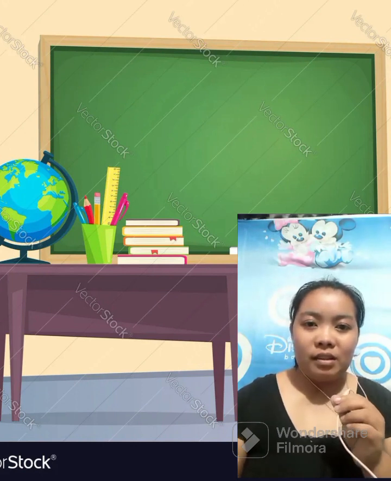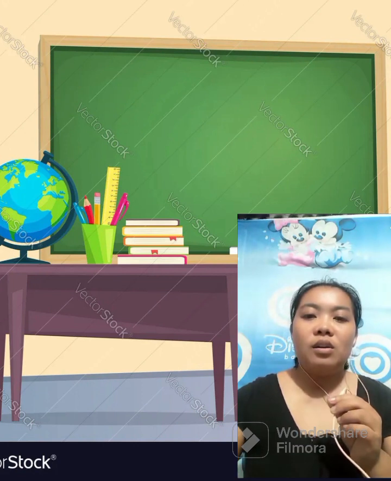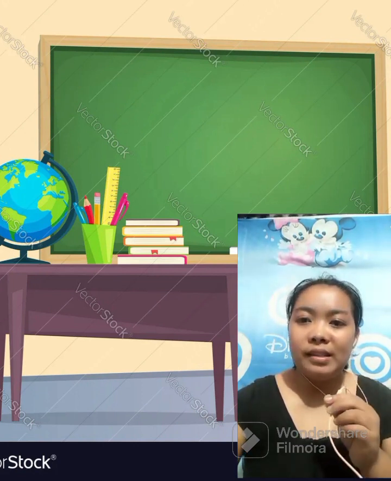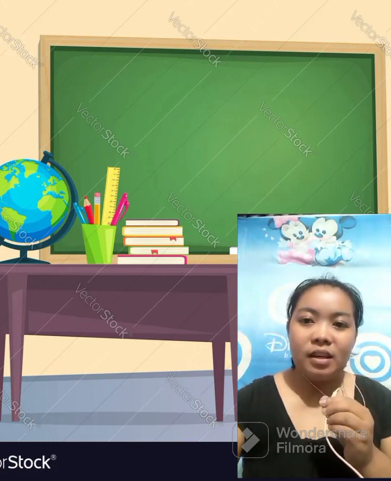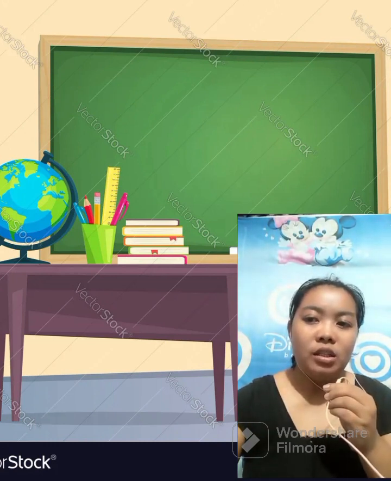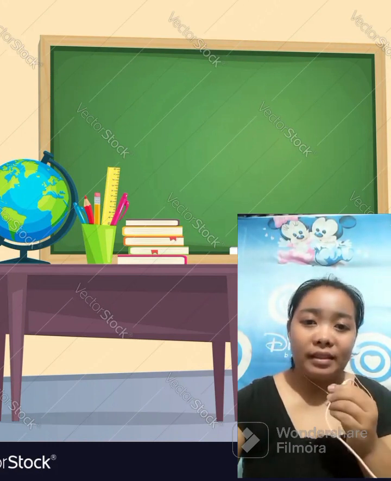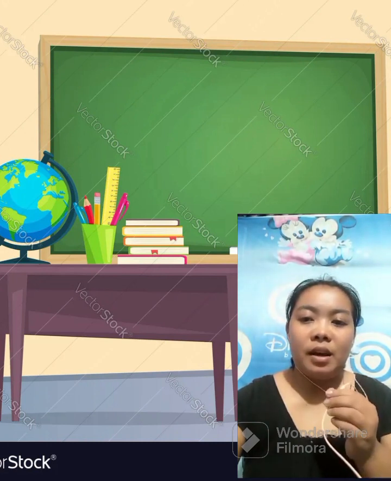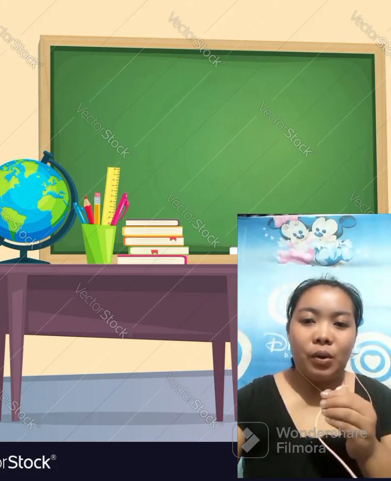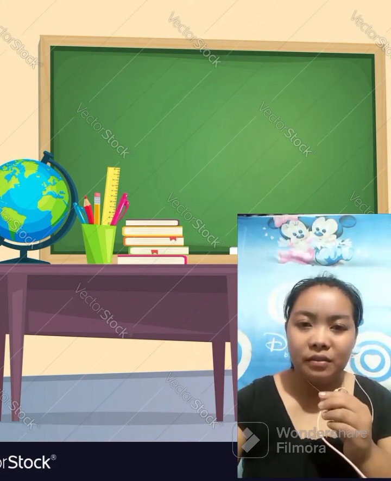What is a sentence sort? A sentence sort is a game where students are given jumbled sentences and have to rearrange the words to create grammatically correct sentences. These games help reinforce sentence structure and word order rules